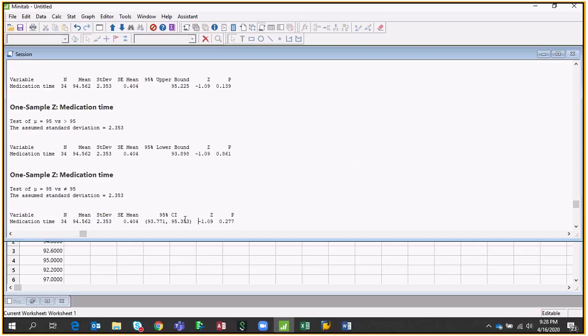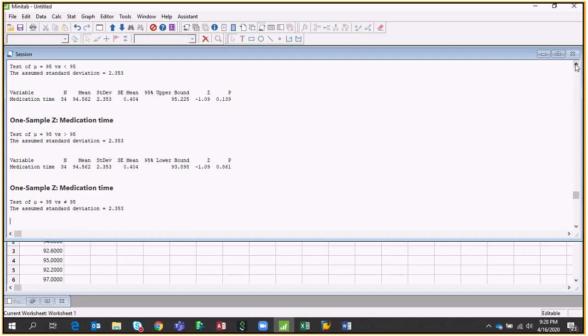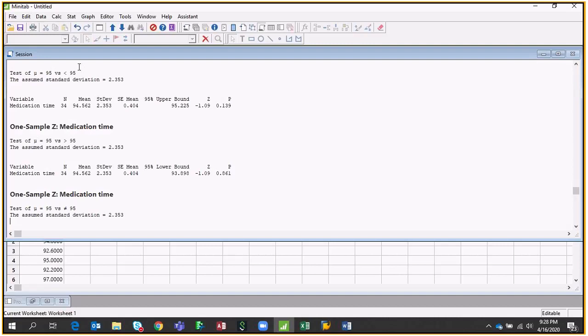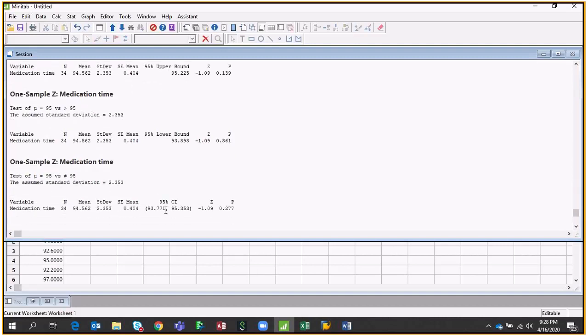In all these three cases, can you see the p-value? So in the upper case, this is saying what you are checking here. Your hypothesized mean is less than 95. The value is coming as a confidence interval of 95.25, which is very close to this. Let me explain in a simple way through this formula. I think this will be easier for you to understand. What we are checking is whether our medication time mean is not equal to 95. This is what we are checking, right?